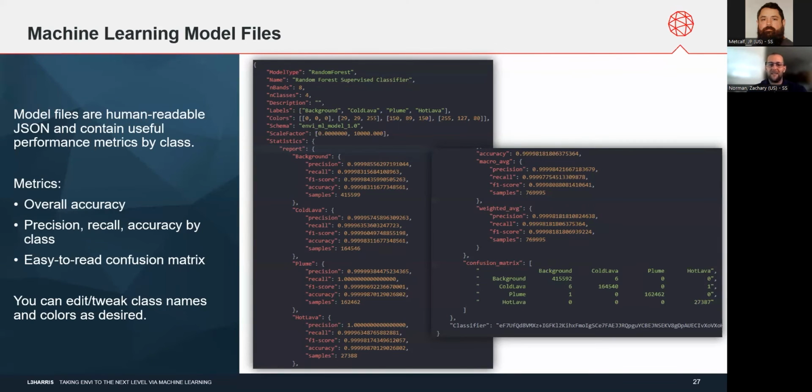There's two important things that the model files contain. First one is the report, which gives you a precision, accuracy, recall, and F1 score for each class that's actually a part of your model. And then you have a human readable confusion matrix. If you've never worked with confusion matrices before, I like to think of them as being appropriately named, because not only do they help you understand what classes are confused with one another,